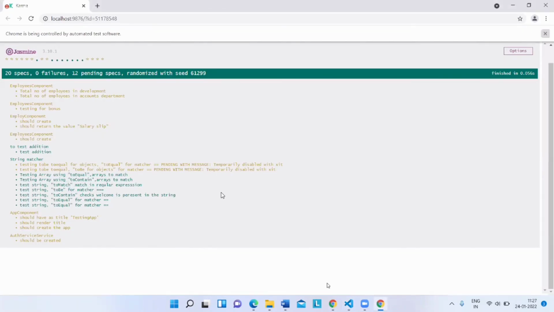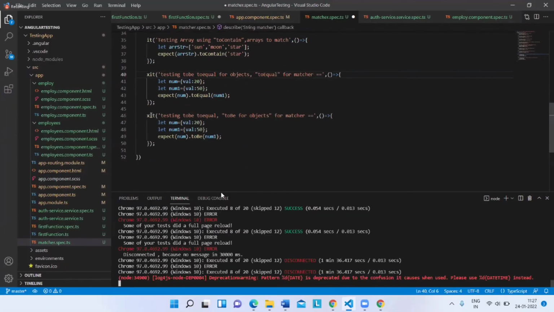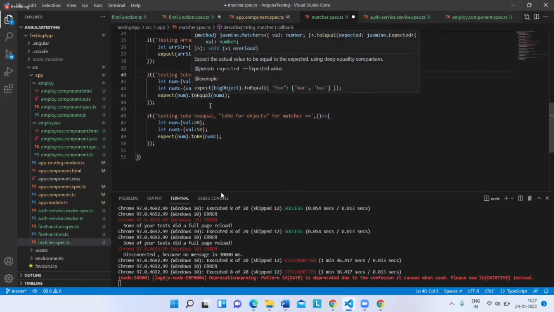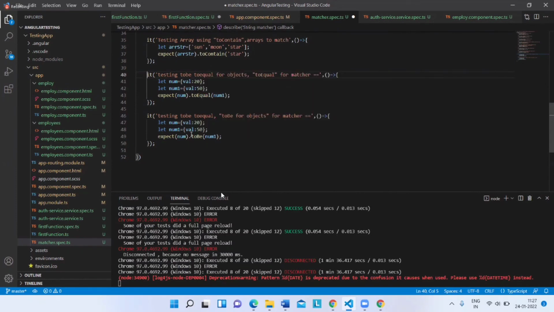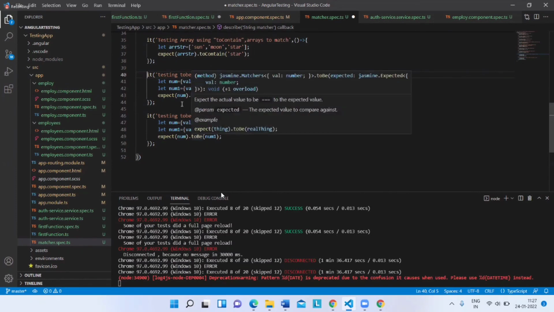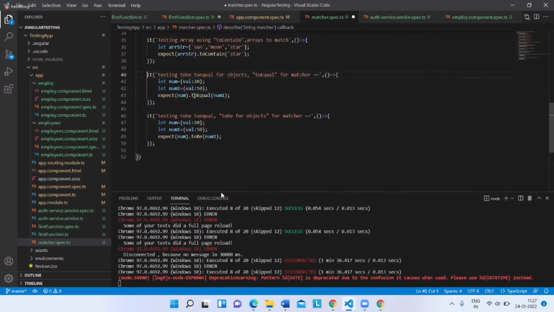Okay, now what I'll do is try to remove this part and this. So I'm declaring an object with toEqual and declaring an object and trying to test it with toBe. You observe what the difference is between toEqual and toBe. Among these, one will be a failure. We'll just see this.